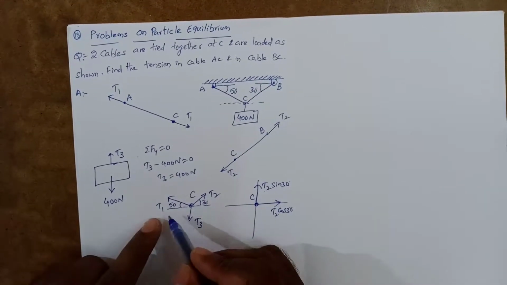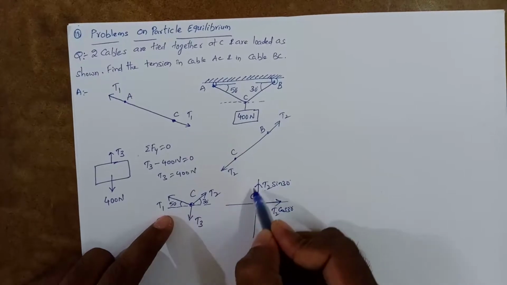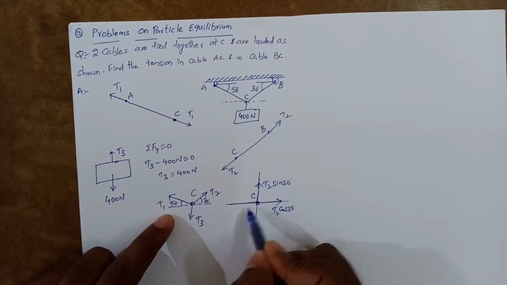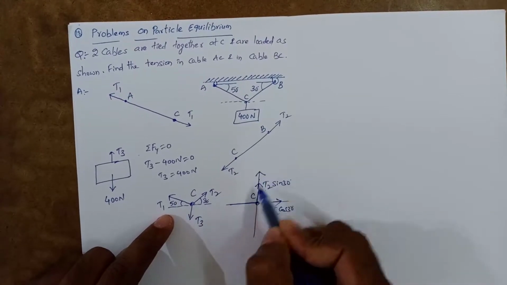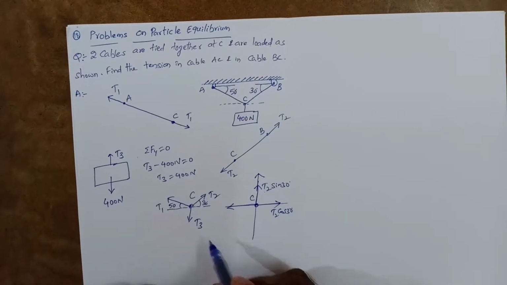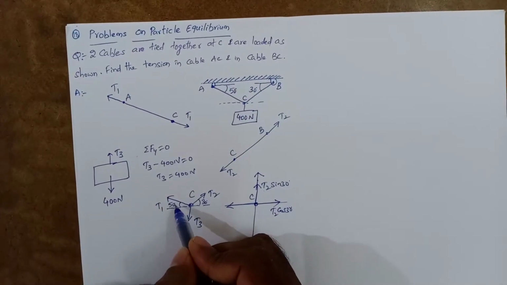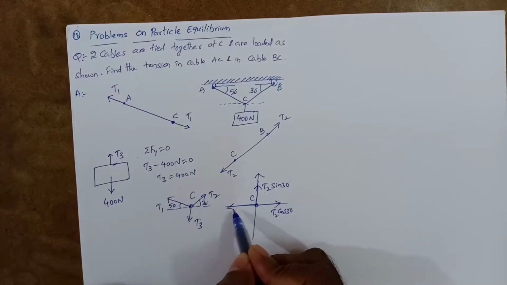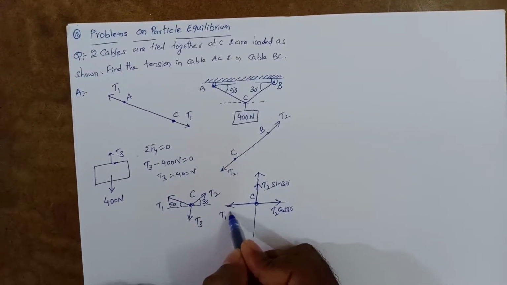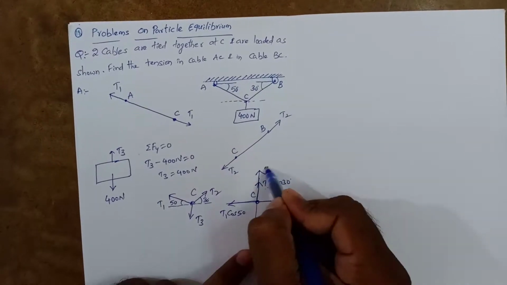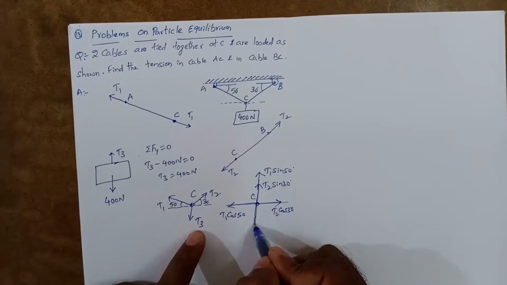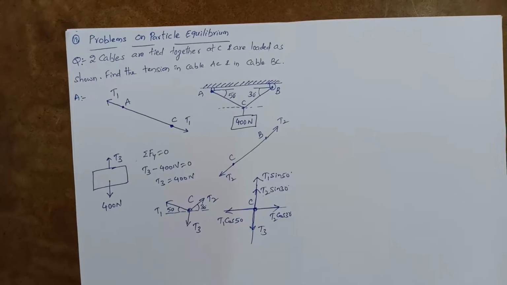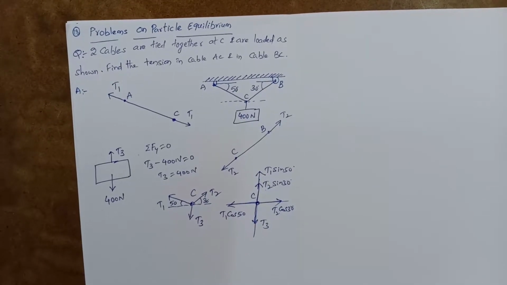And coming to this one, T1, it is here in the second quadrant, so its two components are, one is this, other is this, and here also the direction of this T1 is away from this point C, so both the components also must act away from the point C. And here this T1 is making an angle 50 with this component, so that implies this component will become cos component, so that is T1 cos 50, and the other will become sine component, T1 sine 50, and T3 anyway acting vertically downward. So now we have resolved all the forces acting on the body along x and y direction.